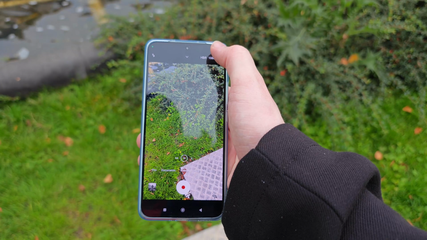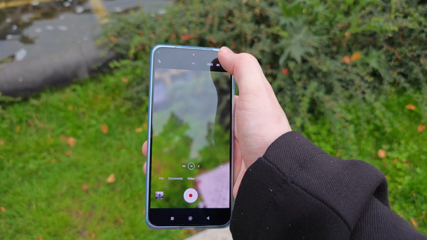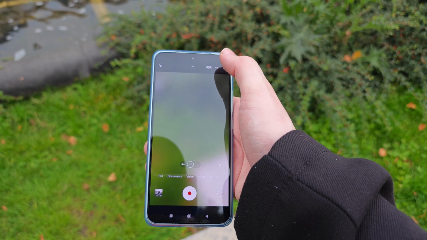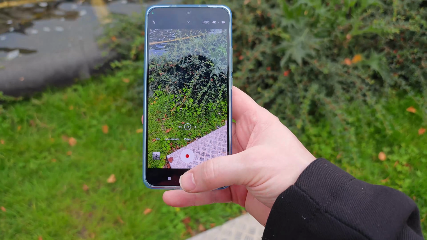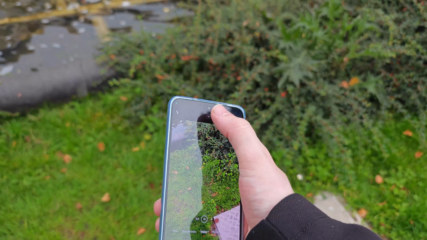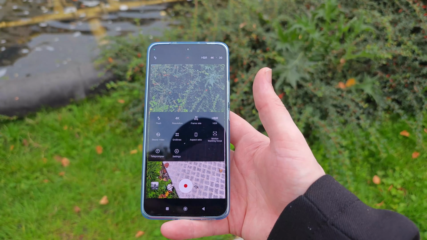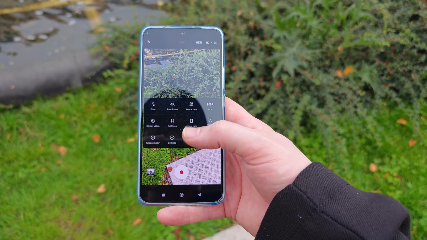I don't really care. When it comes to video recording, however, I do have a change that I don't like. For instance, you want to record 4K 30 frames per second, which is the max, of course. Well, you have to tap on it. If you, for instance, miss the 4K and you're at 1080p, you have to tap on it, and then it goes to 4K. If you then go again, it will go to 720. You cannot, for instance, jump from 720 straight away to 4K in that quick setting at the top. You can, but you have to go to the settings and then go there. So for me, that works less intuitive. I think it works better if you do it like it was on the Xiaomi 13 Pro, but not a